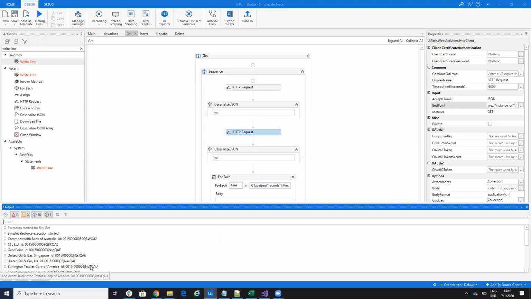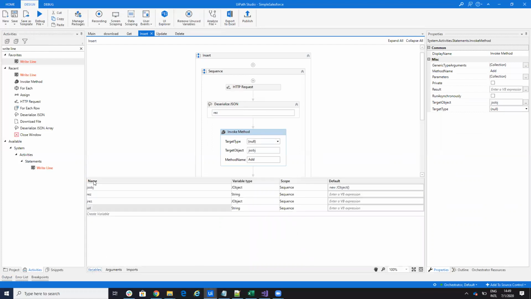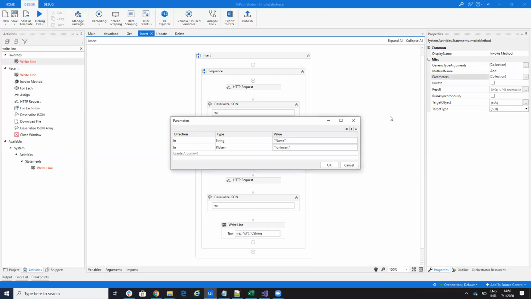Good. Let's insert something in Salesforce. Again, I do the authorization, I take the key, and then I have to send a JSON, so I have to build a JSON. When I send an account, I have a variable called JObject. It's a JSON object, and I say new object to initialize. Then I invoke the add method for this variable and send a parameter. For the account, I will say the name parameter, and here should be the token, and I will say test insert. So this will be the name of the account.